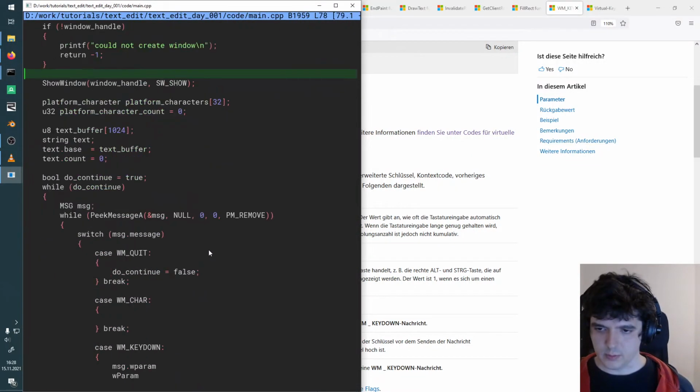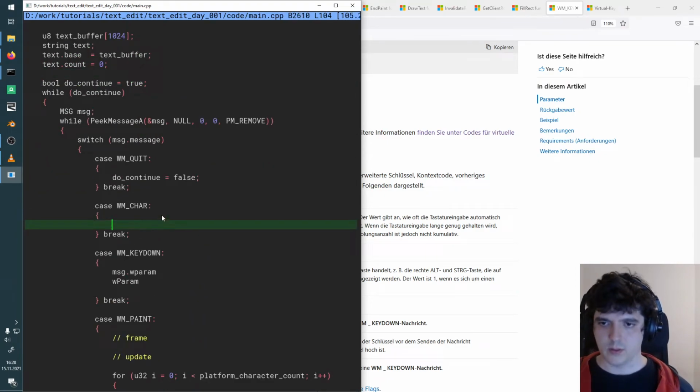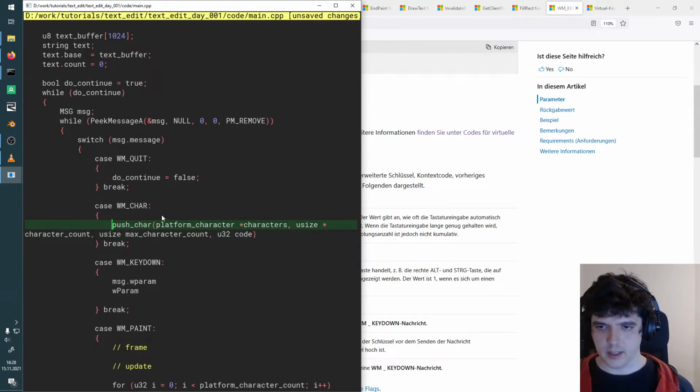And then we can use this function on wchar and say, hey, whenever we get wchar, we just use platform characters, and we use platform character count as pointer because we want to be able to change it. And then we have